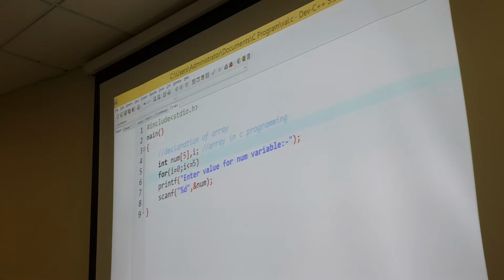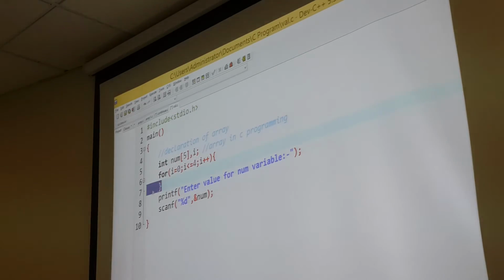But if you write less than or equal to, then we need to write 4 here only. Remember, these operators are called relational operators. So if you are not going to use is equal to, you have to write 5. If you are going to use is equal to, you have to write 4. Then I plus plus. So these statements will come under the for loop.